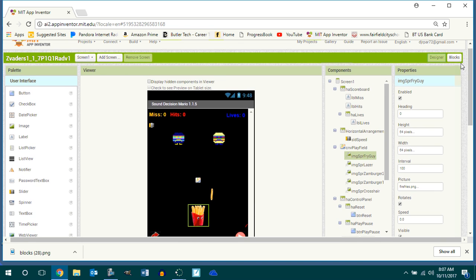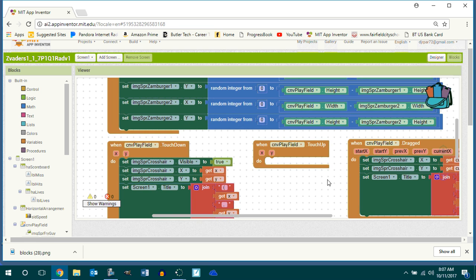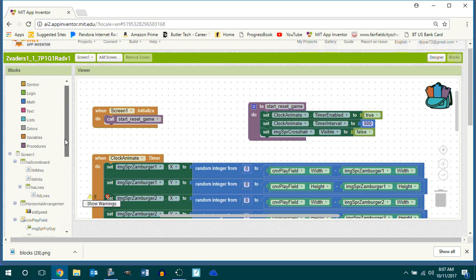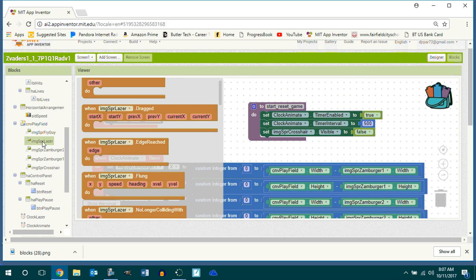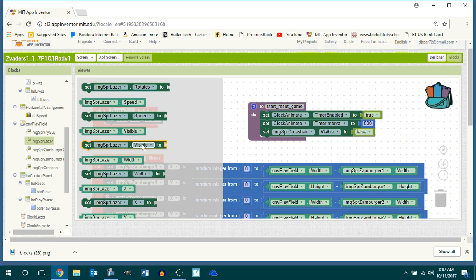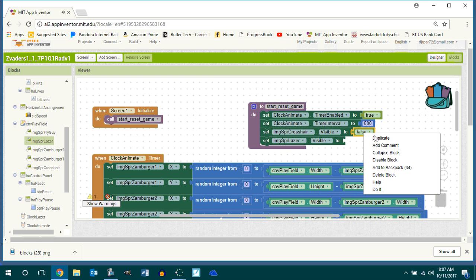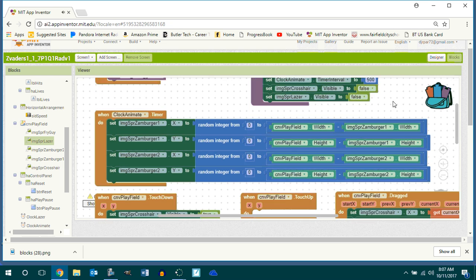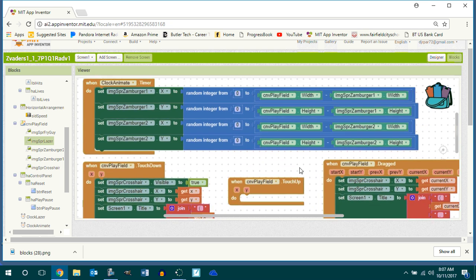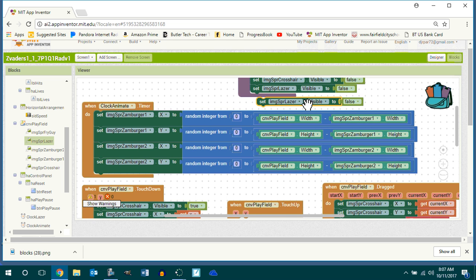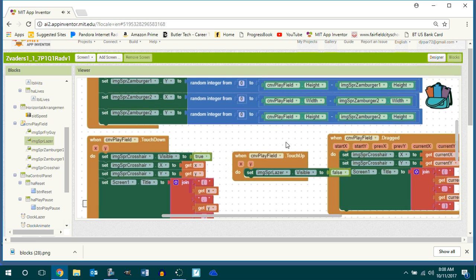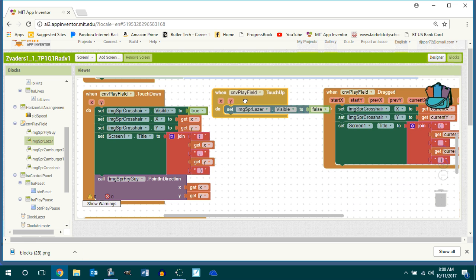Okay. So should the French fry be visible? Not until we shoot it. So let's go to start game, and I need to go to IMG Sprite visible. Go to my start game. This guy needs to be false. When does he become visible? And when do we shoot him, or her? Yeah, when we touch up. This guy,